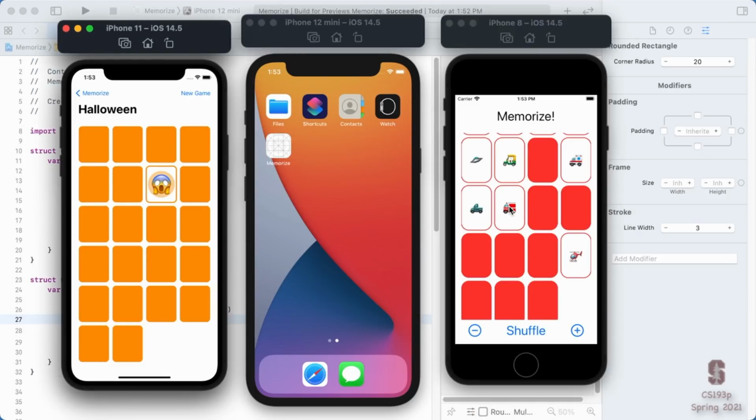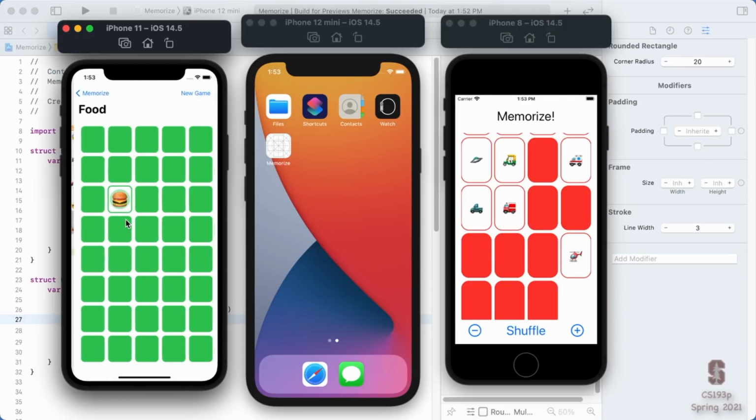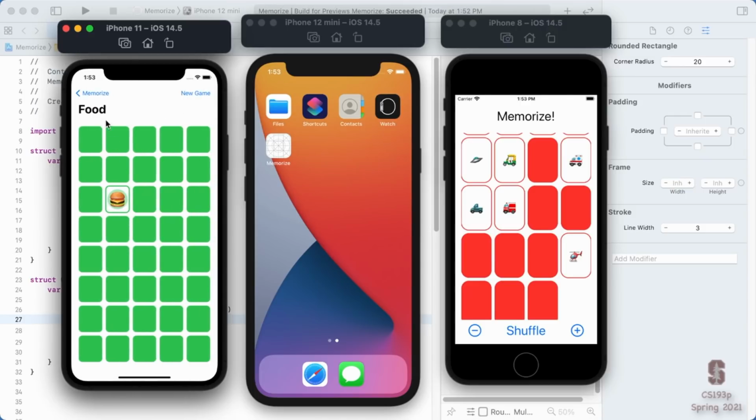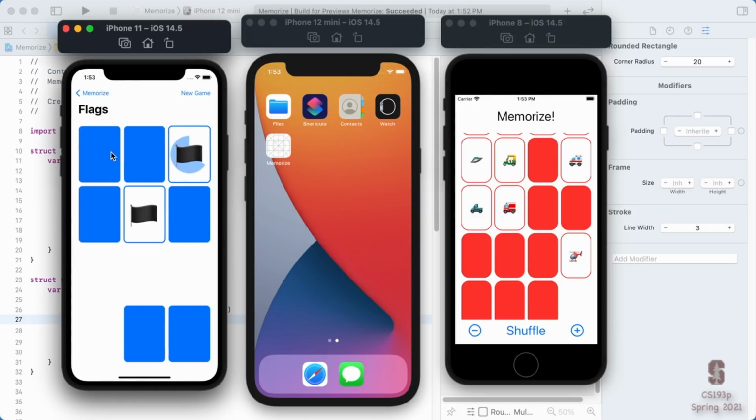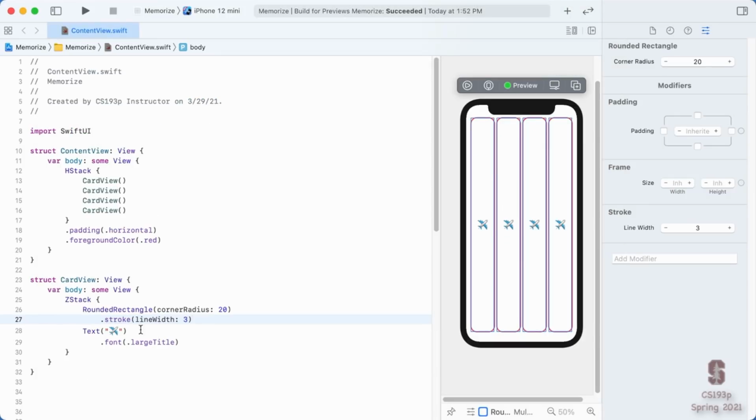They're still kind of small, and we're going to learn next week a little bit how to make the fonts even larger and also to make the fonts more fit the size of the card they're on. So this is a smaller font, and this flags, for example, is a much larger font. So we'll learn all about that next week, but for now we're going to use this built-in font that we have here, large title. It makes it look a little bit better.